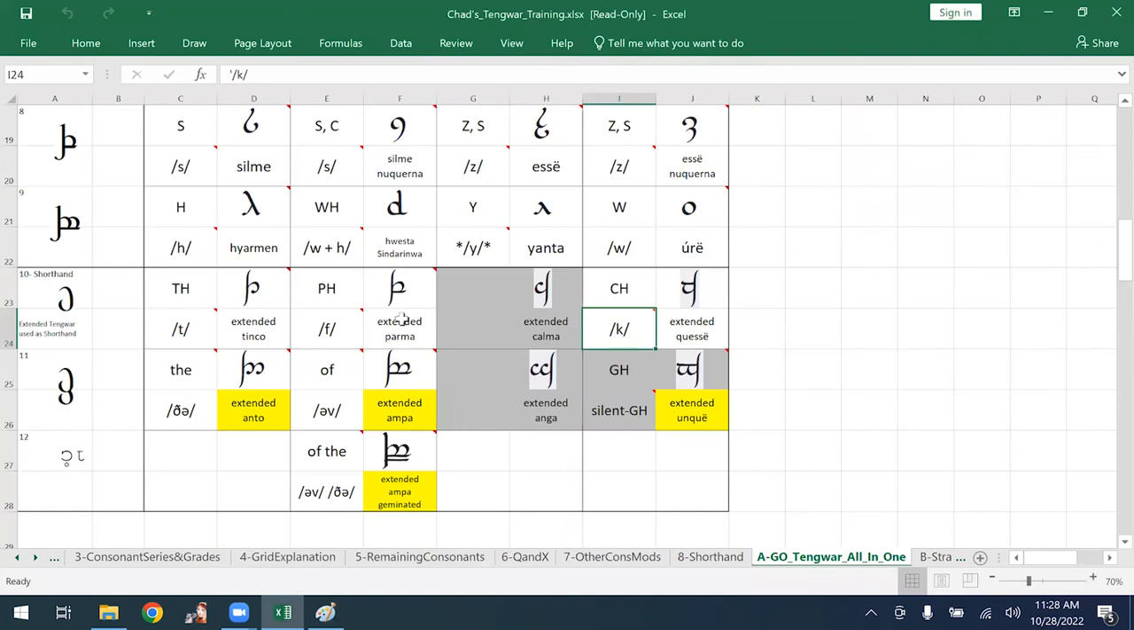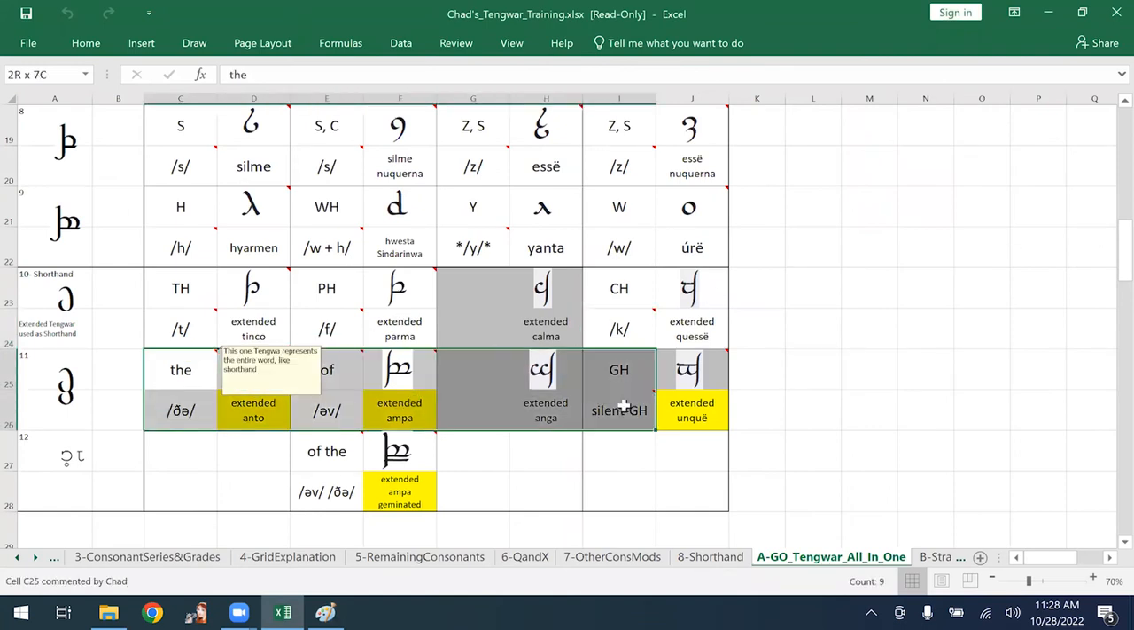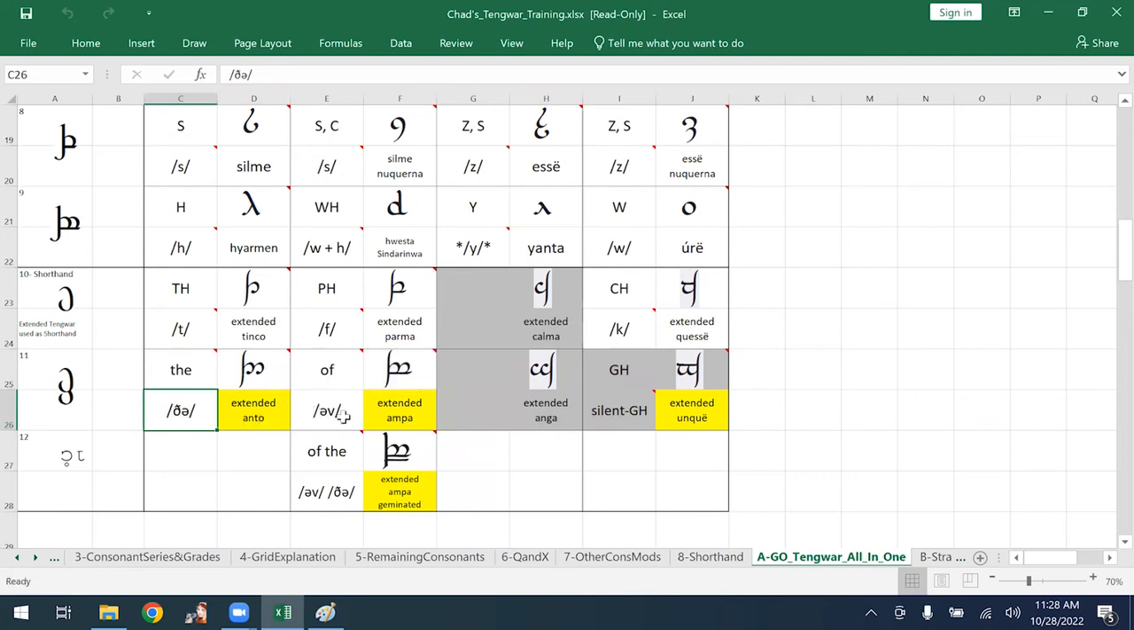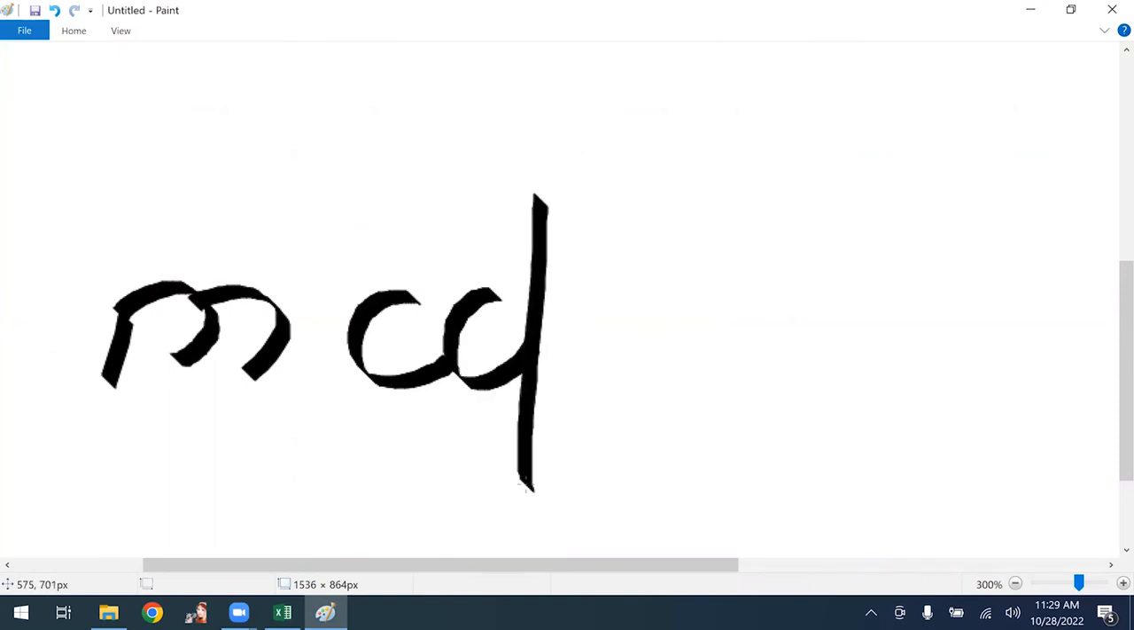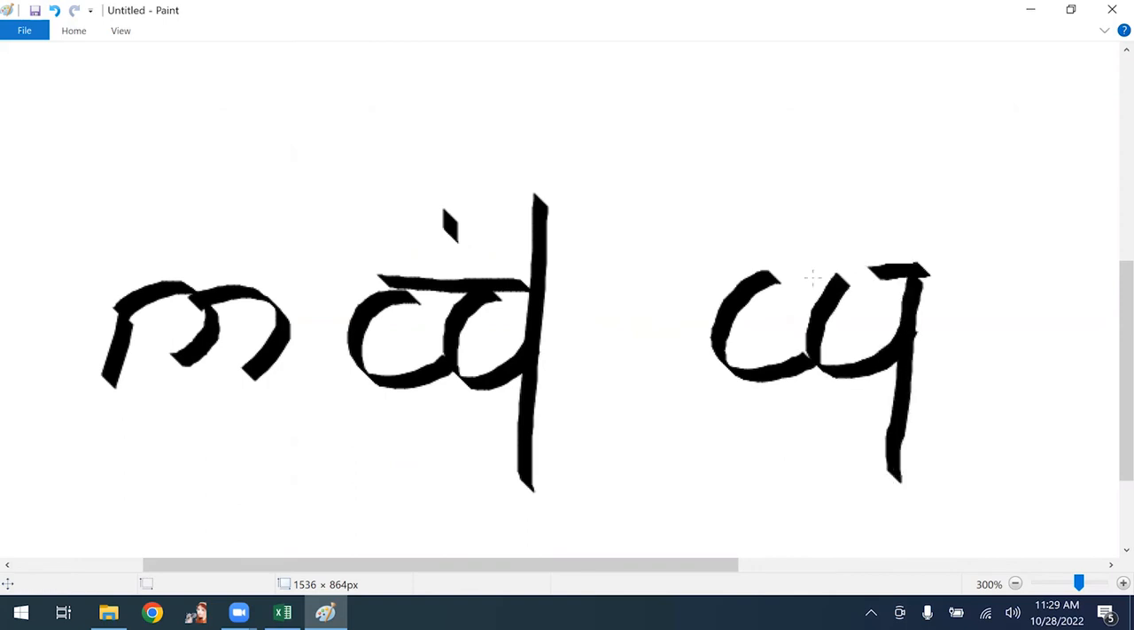Coming back to here, there's the extended onto to make the th of the word the. There's the of, or of, I should say, especially when I'm talking to somebody from the motherland. Extended ampa. This is silent GH. We use this sometimes. This is like night. So night, N, I-G-H-T. Because remember, this is G,